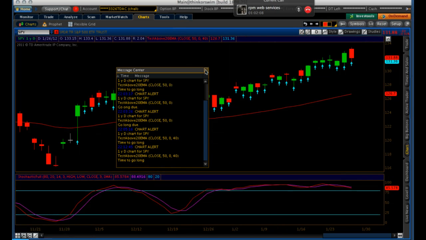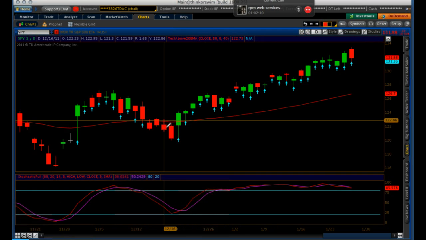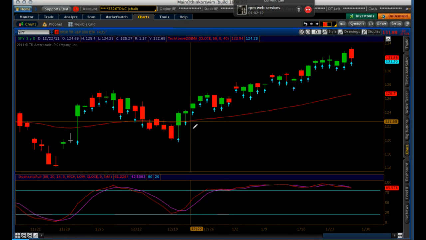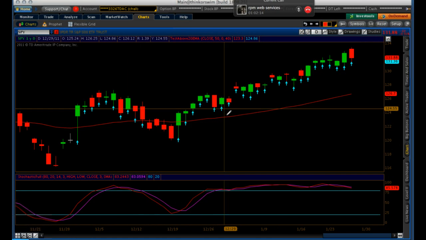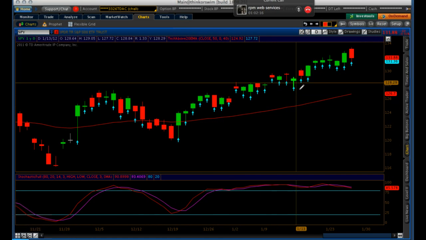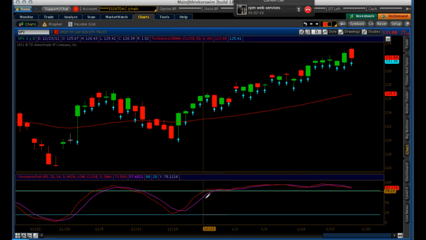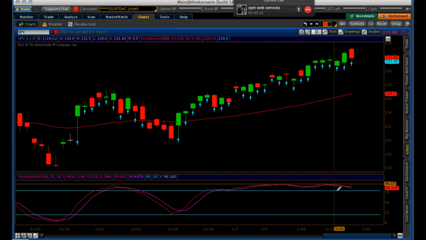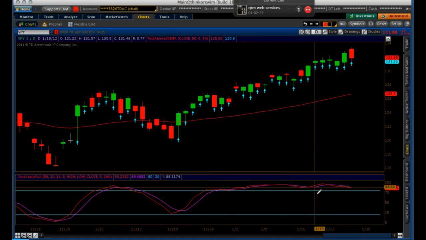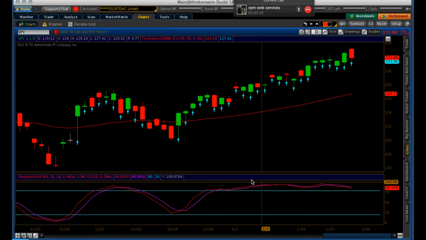Except for ringing that bell that gets kind of annoying, it really hasn't done anything right yet. So now what we're trying to do is these little buy areas right here, they're overbought. As you can see, they're overbought. Okay, we don't want to be triggered to them. We want to be triggered to something that is